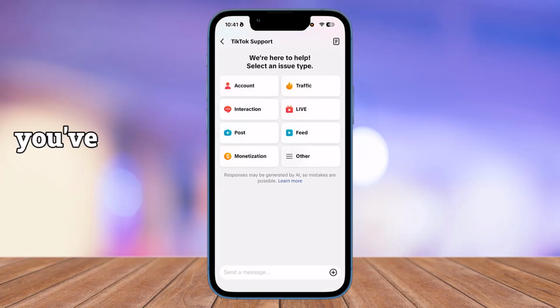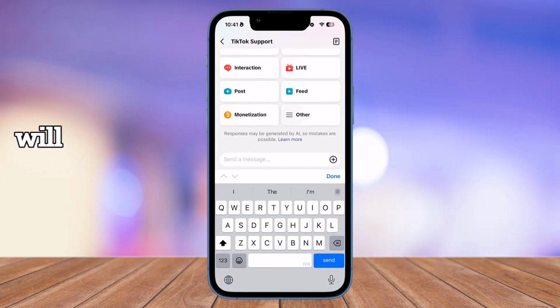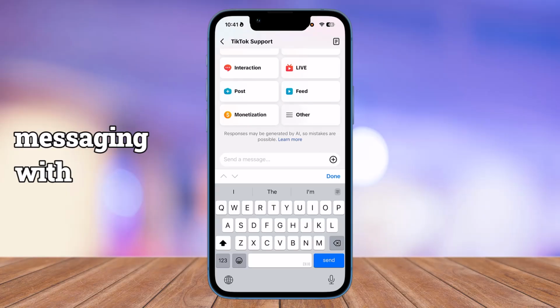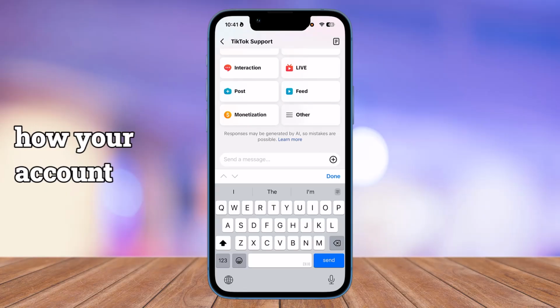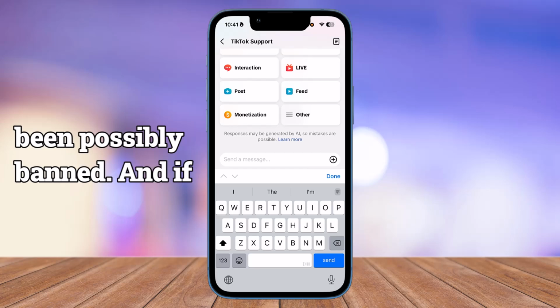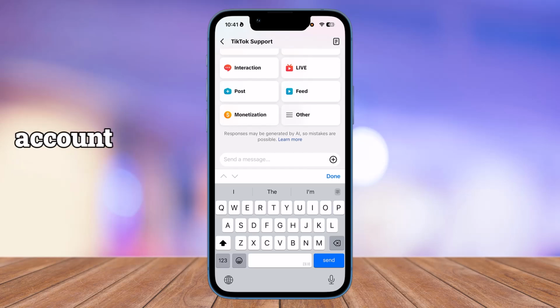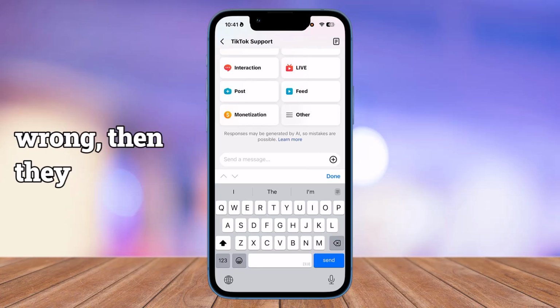And once you've done that, just click on need more help, and you will be directly in messaging with TikTok support. Just tell them what happened, how your account has been banned, and if it is a false ban or your account should not be banned because you've not done anything wrong, then they will go ahead and